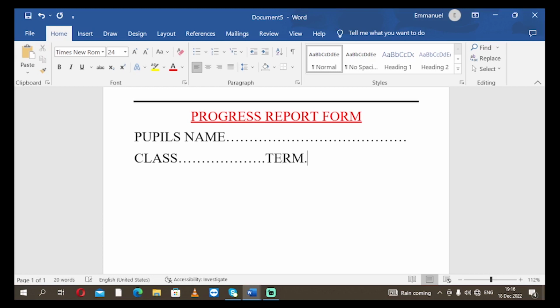Then we want to know division. And then after division, you can put dot. Then year. After the year,